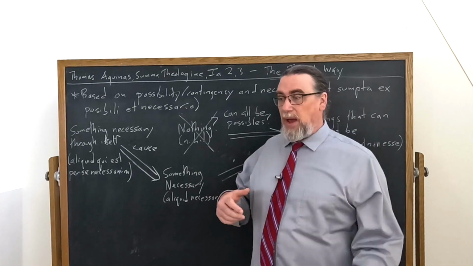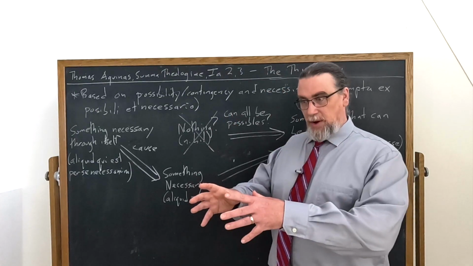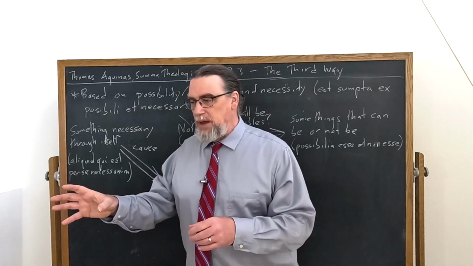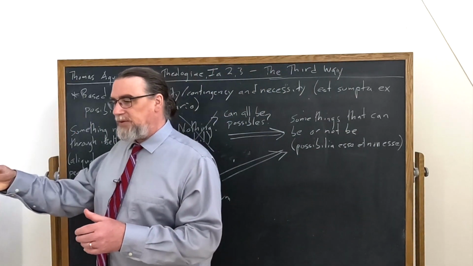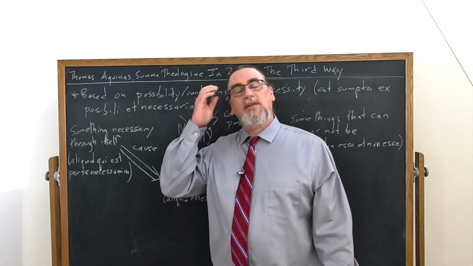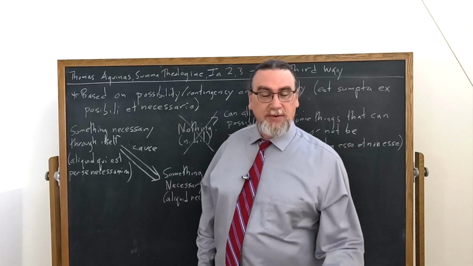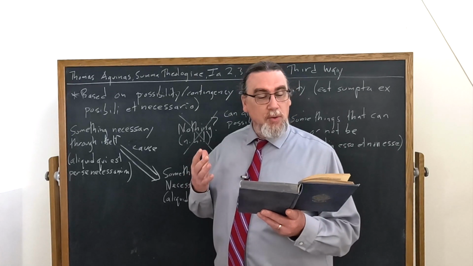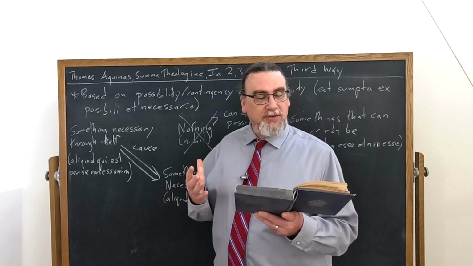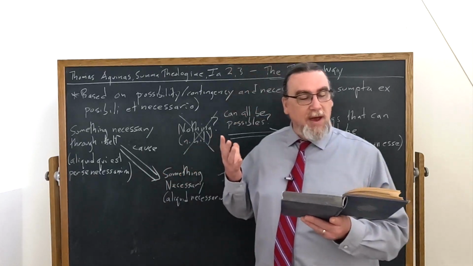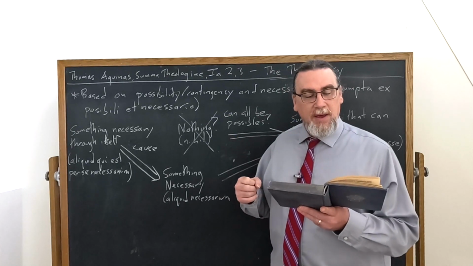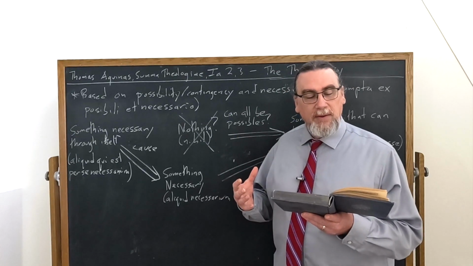And can we say, well, this thing over here, let's call it A, necessity A, has its cause in necessity B, which has its cause in necessity C. Could we proceed, as he says, to infinity? Here's where it looks a lot like the first and second ways, doesn't it? And he says, no, you can't do that when it comes to the cause of necessity any more than you can in efficient causality, as we've already proven just above, right? And so therefore, he says,